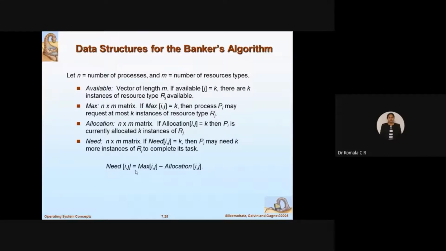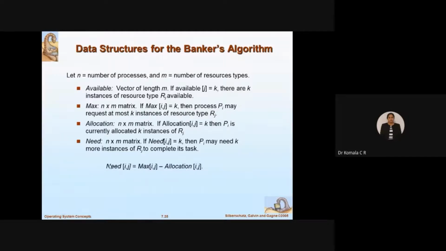So you can calculate this need using this equation here. Need[i, j] is given by Maximum[i, j] minus Allocation[i, j]. Maximum means how many instances the resource exists with. So I have R1 with some 10 instances, R2 with some 5 instances, R3 with some 3 instances. Out of that, how many you have already assigned, what is remaining, that is available. Allocation means what? Currently how many resources out of this maximum are allocated. So some you have allocated, some is remaining. So total is what? Maximum.